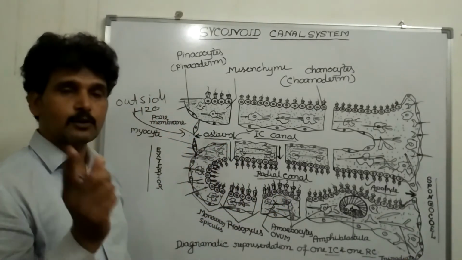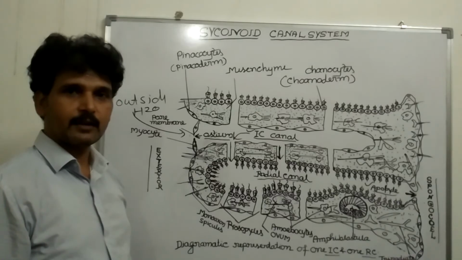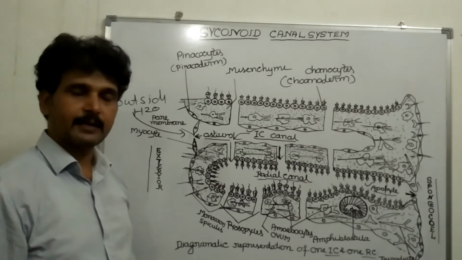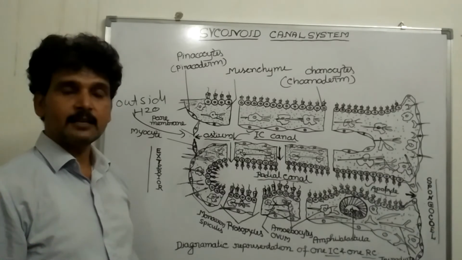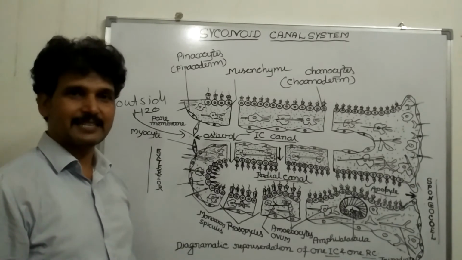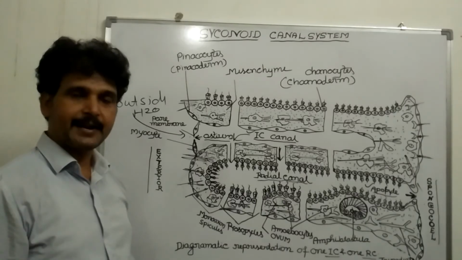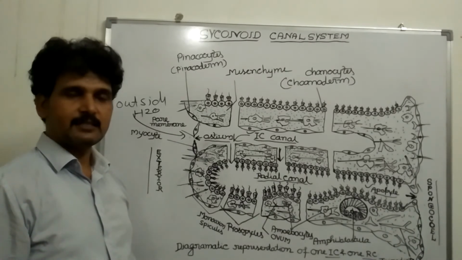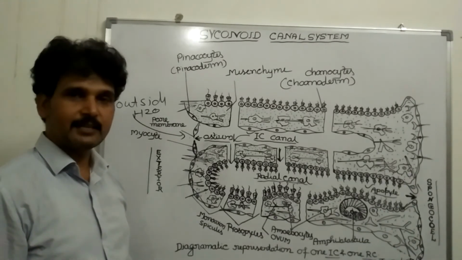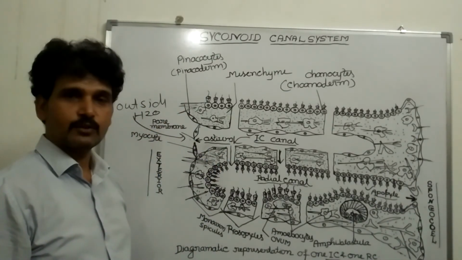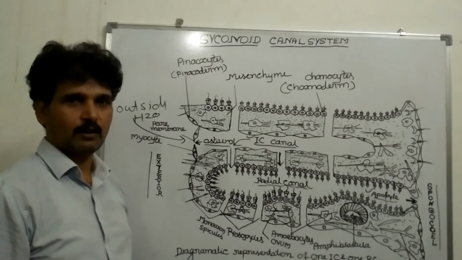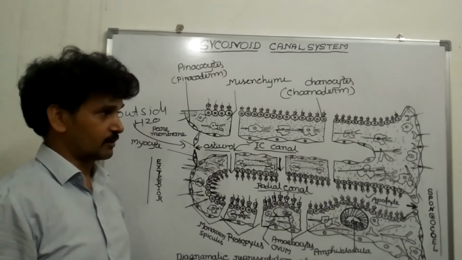And the opening of the osculum is also enabled by a sphincter. That means the sphincter controls its diameter and thus maintains or regulates the constant flow of water throughout the system of the